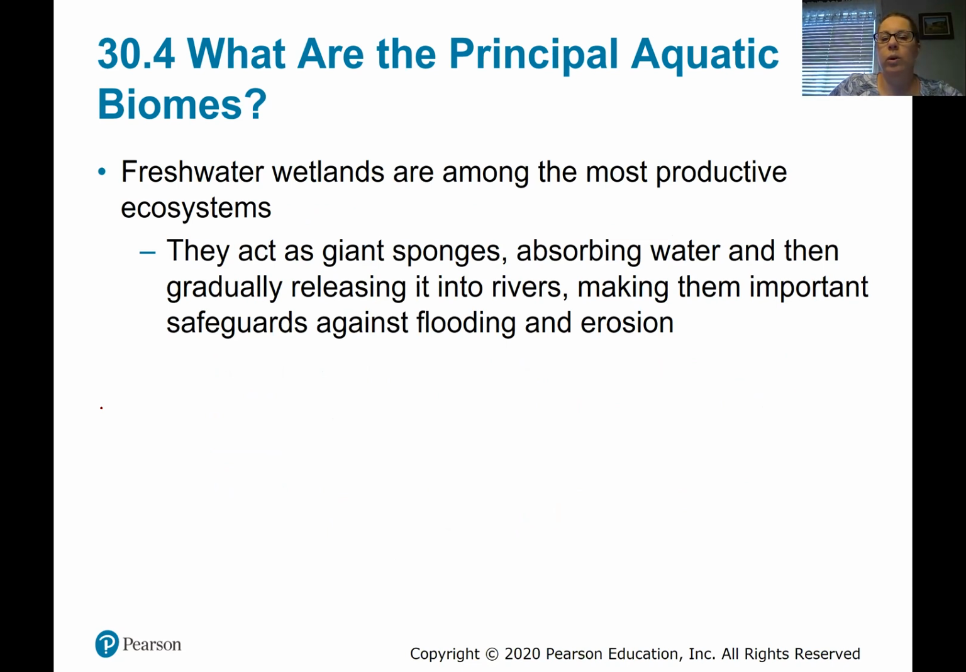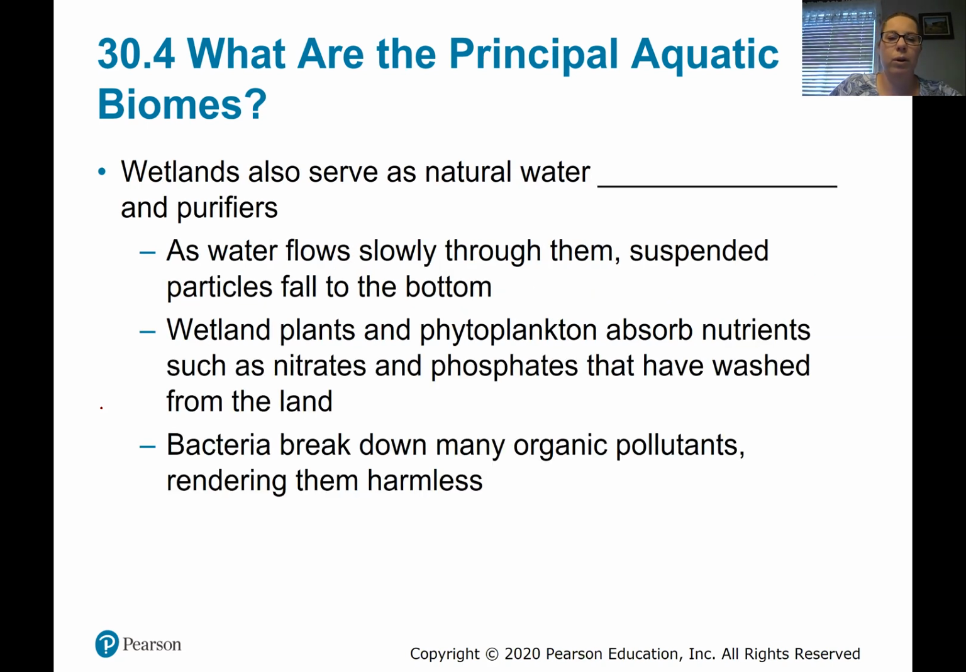And the soil here acts like a giant sponge that can absorb the water and help against flooding and erosion. And also, the wetland soil can act as a natural filter and water purifier, as water kind of suspends or goes through the soil,